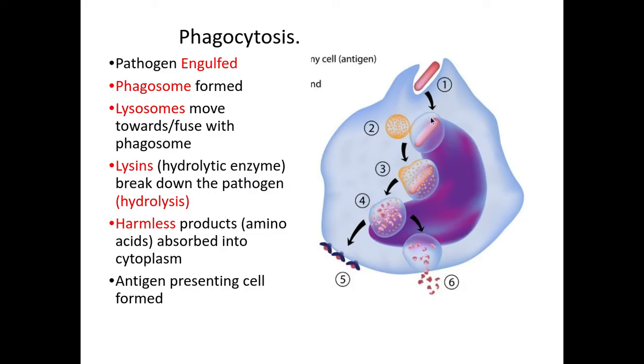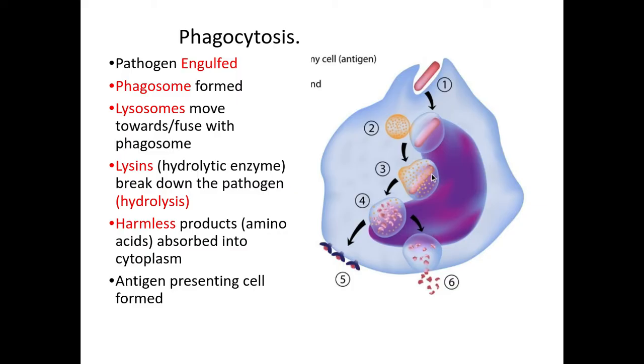Here you can see at step 1, a pathogen is being engulfed by a process of endocytosis. This forms a membrane-bound sac which contains the pathogen, and this is a phagosome. The phagosome then fuses with a lysosome, and don't forget lysosomes from back in cell structure. These contain hydrolytic enzymes. So this means that the hydrolytic enzymes can now access the pathogen because the lysosome has